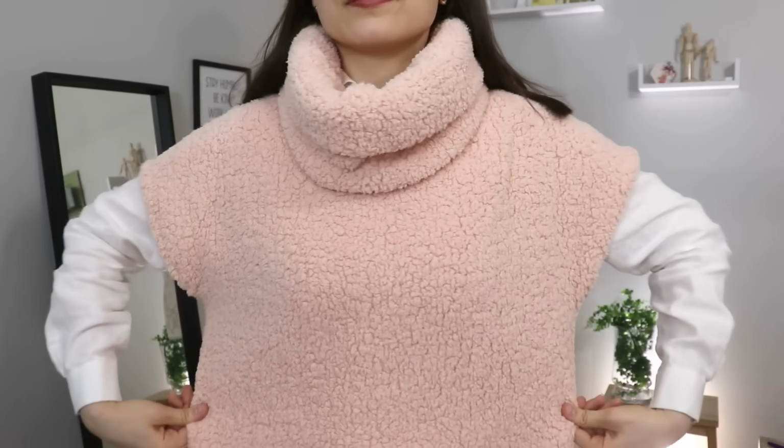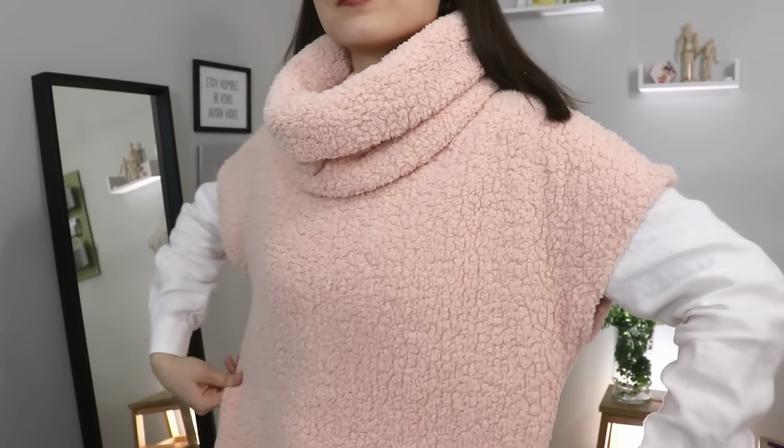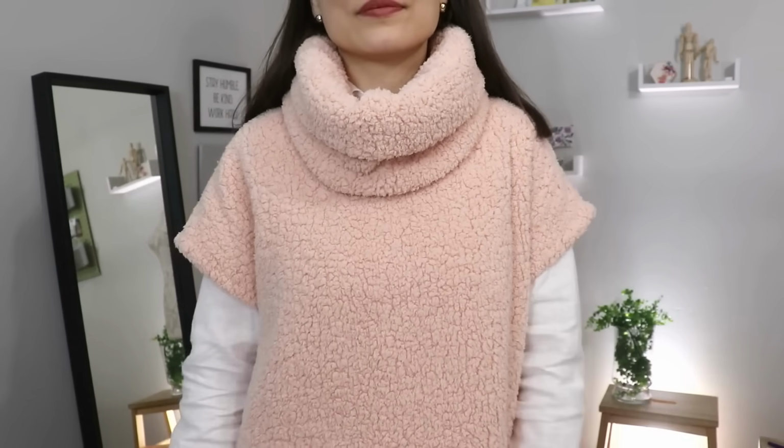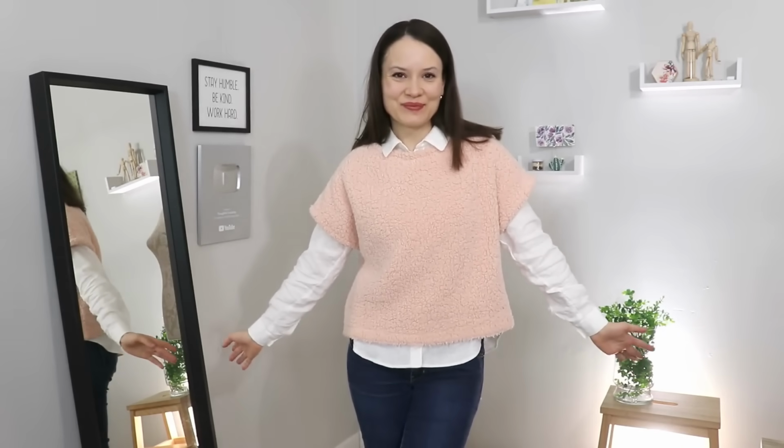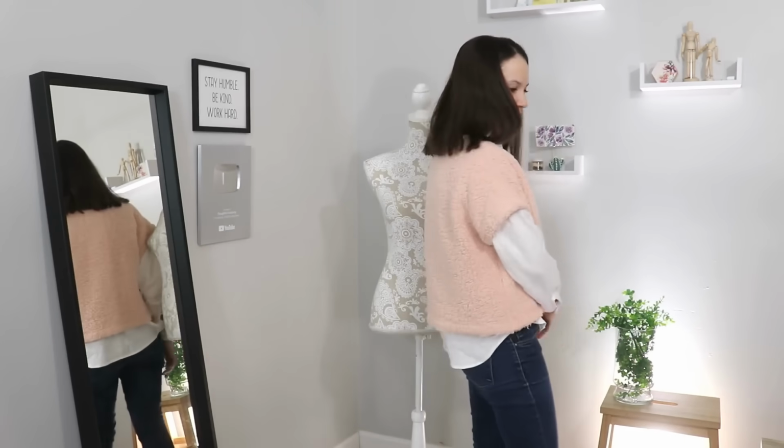The second one is a very recent make out of this pink Sherpa. Now, this was made out of fabric that I bought at a fabric store, but if you do have a really fun and fluffy blanket, then this could be a really great idea and a really great project. Plus, you can make a matching scarf to go with it. So if you're interested in these ideas, I will leave the links to the tutorials for you guys in the